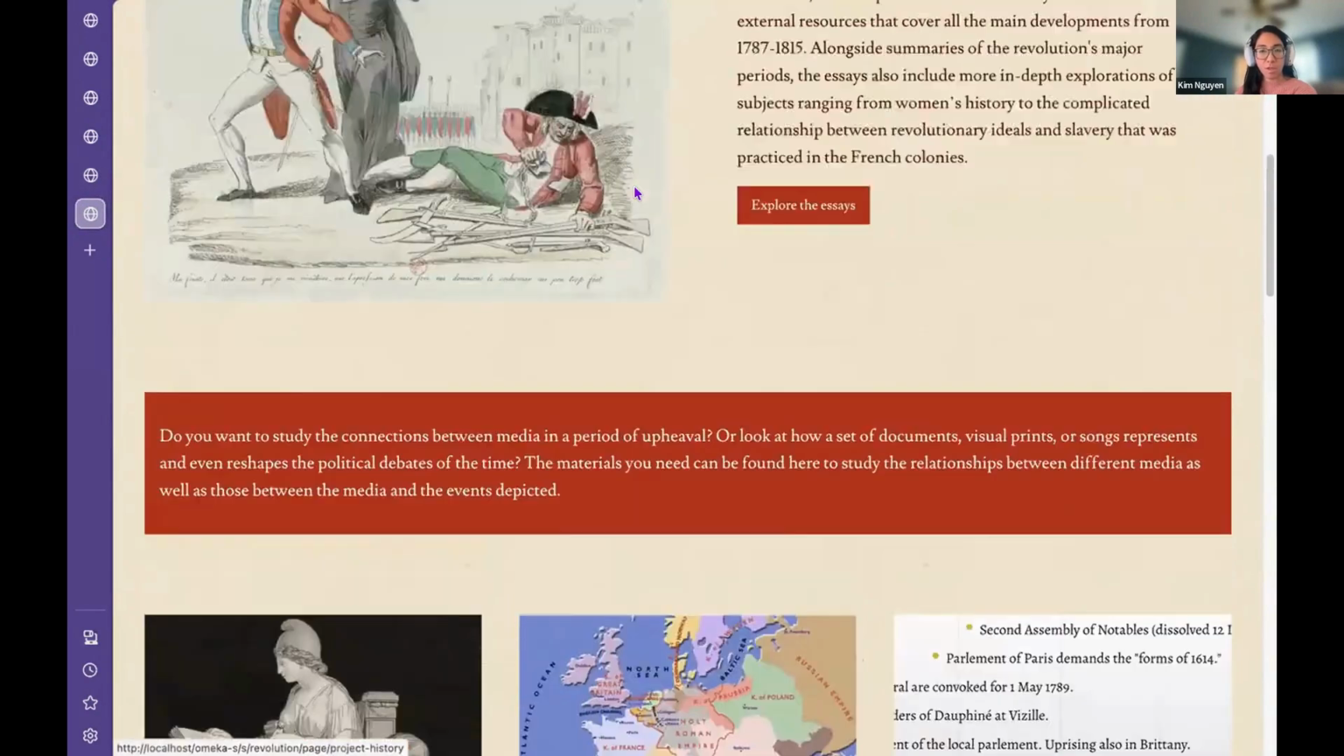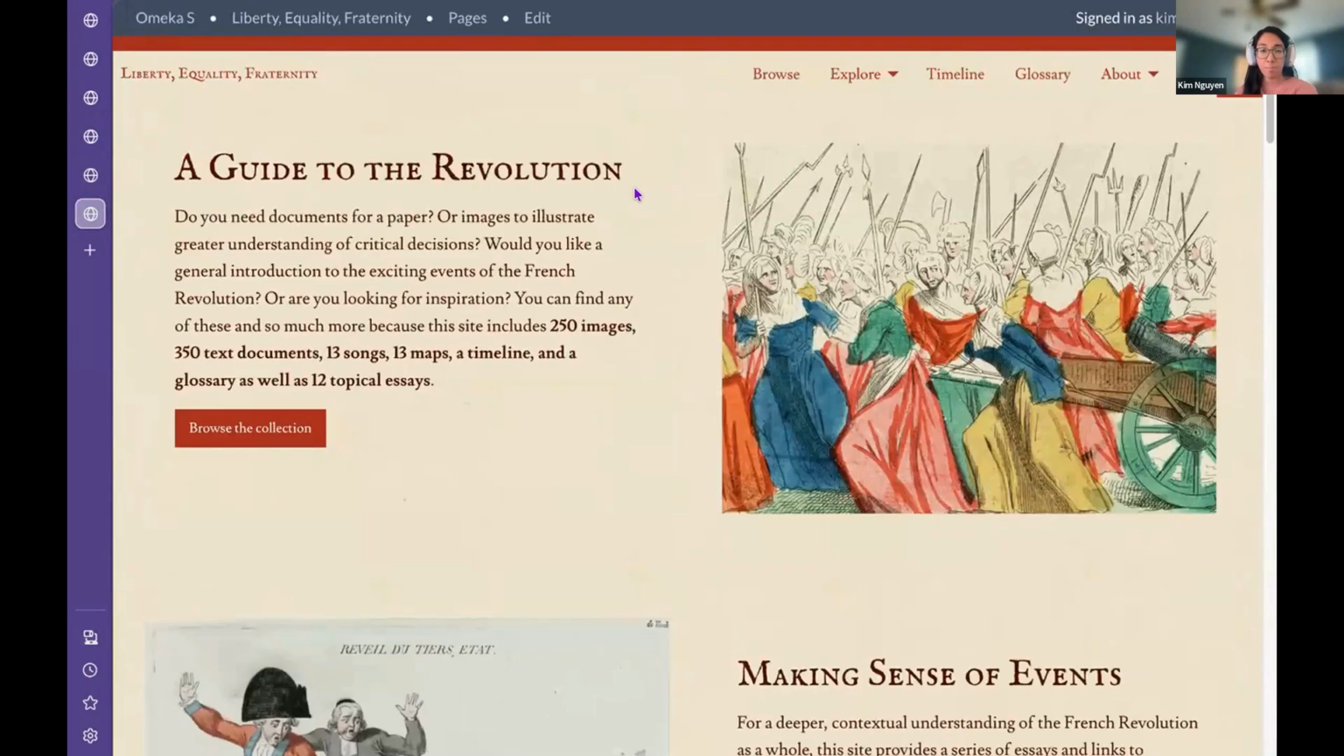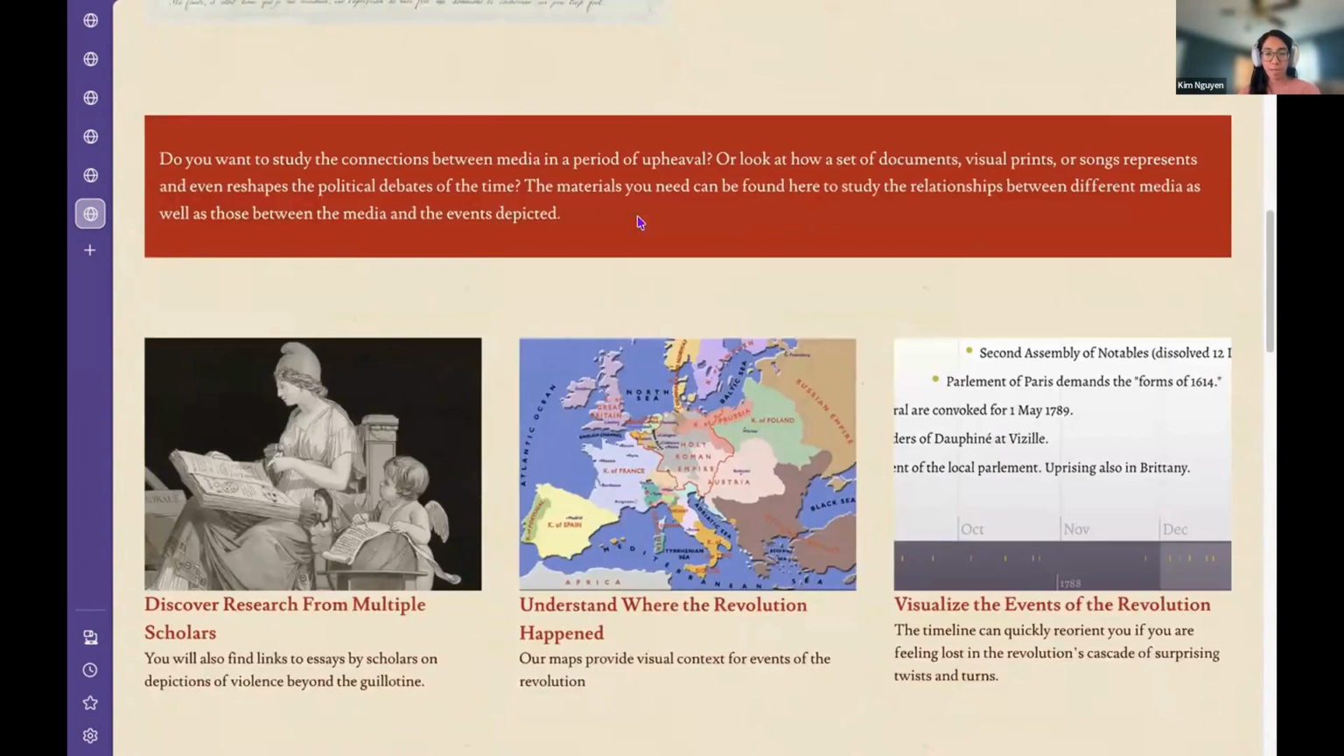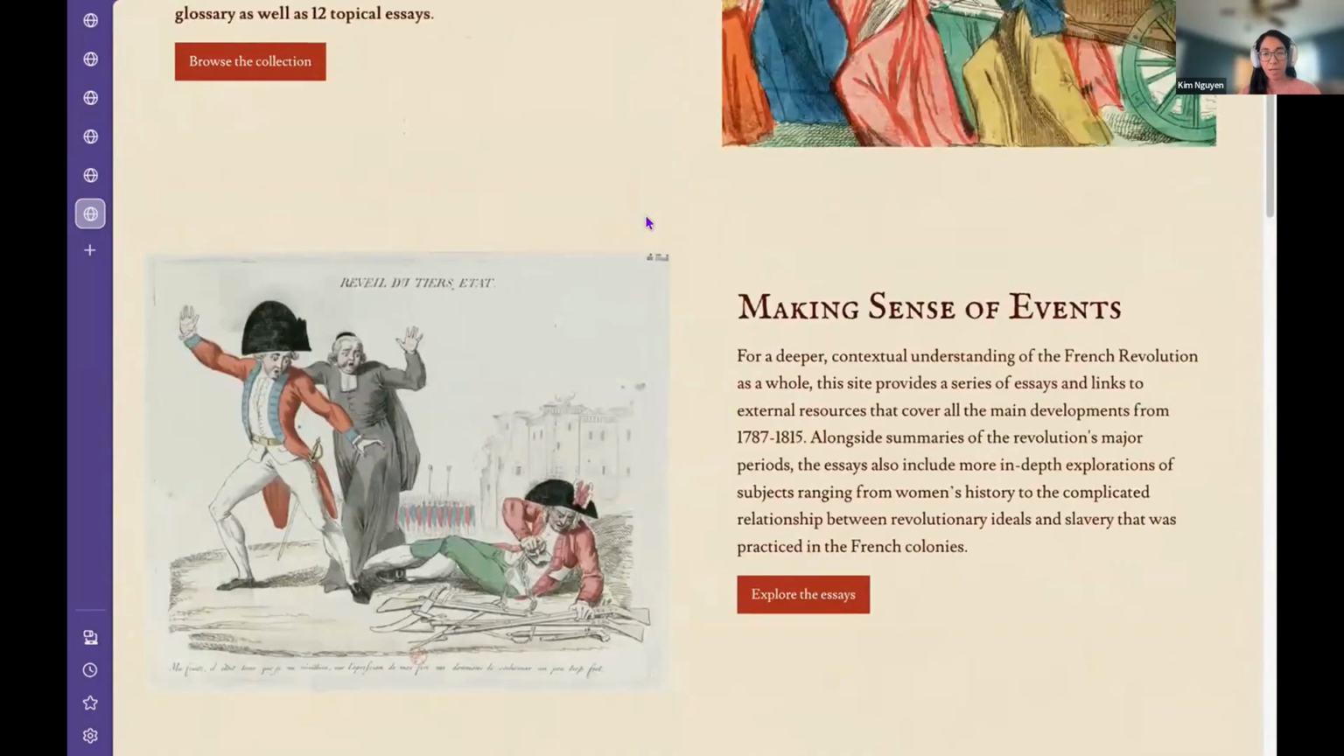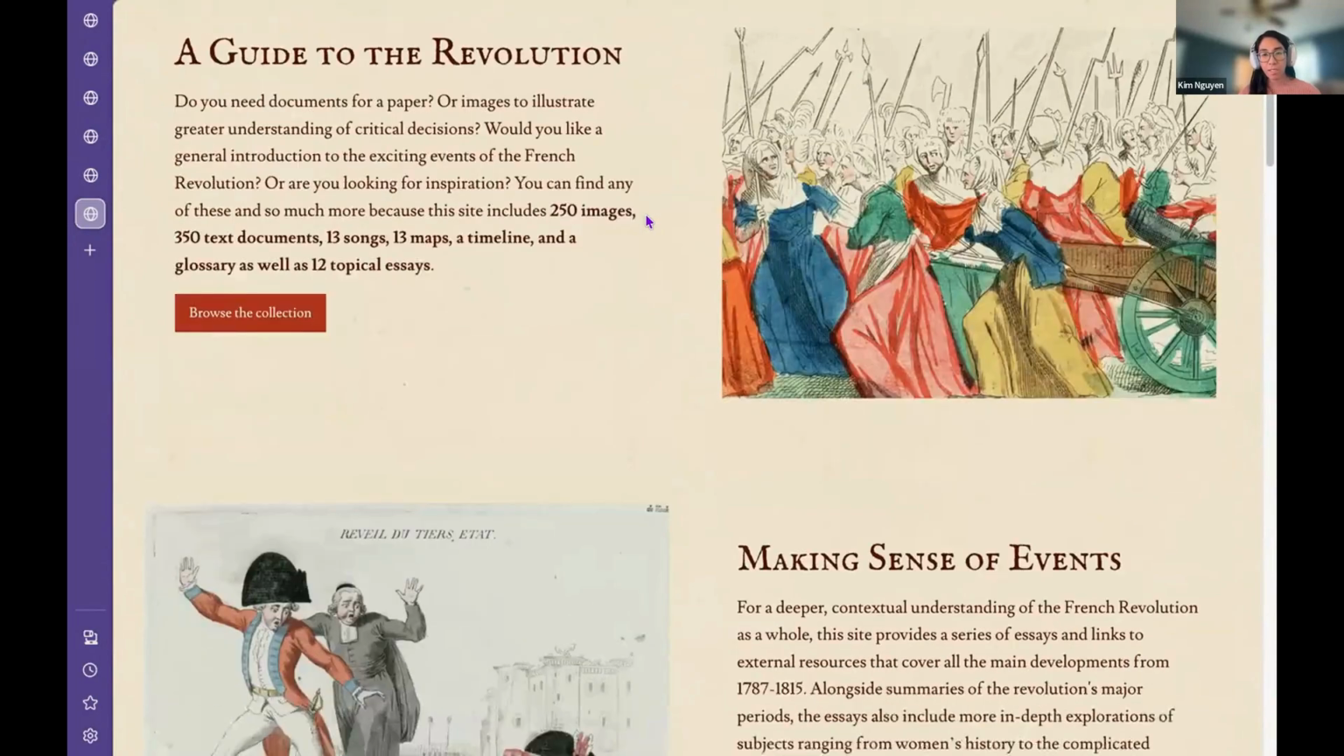So my demo site is a classic project that I imported into Omeka S just to show more ways that this project could create connections. They were very emphatic on their narrative essays, but also had a huge number of types of materials. They had audio, they had maps, they have